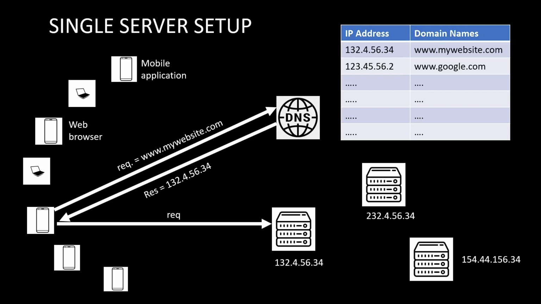Now this particular client has the IP address for further uses. So it is going to connect directly to the web server of my website, right? This server basically belongs to my website and my website domain name. So all the subsequent requests and their responses, that is, the communication, will be directly between these two machines, this mobile and this server.